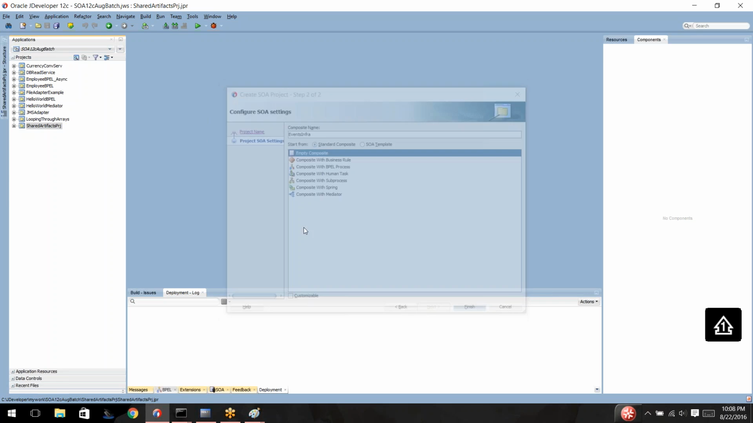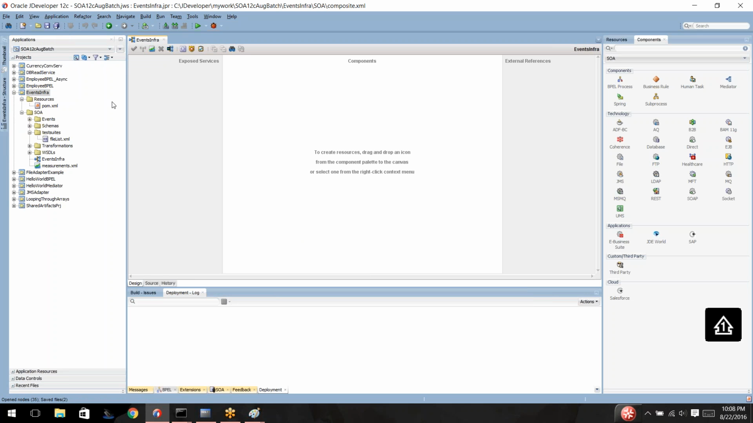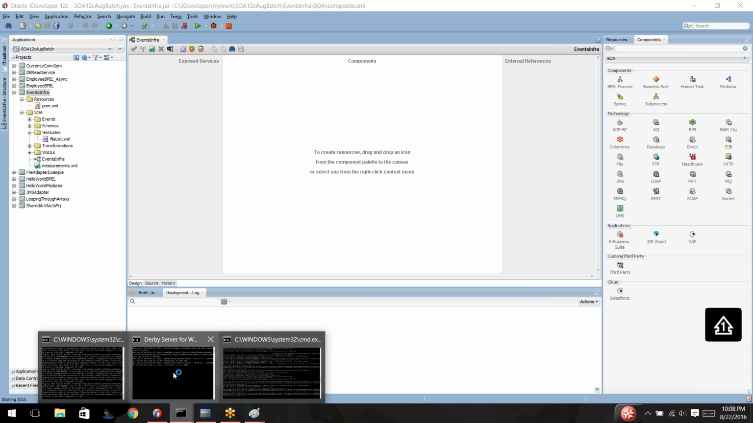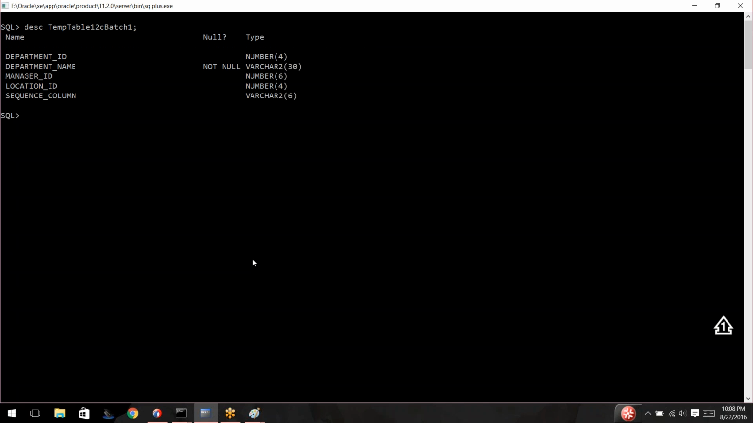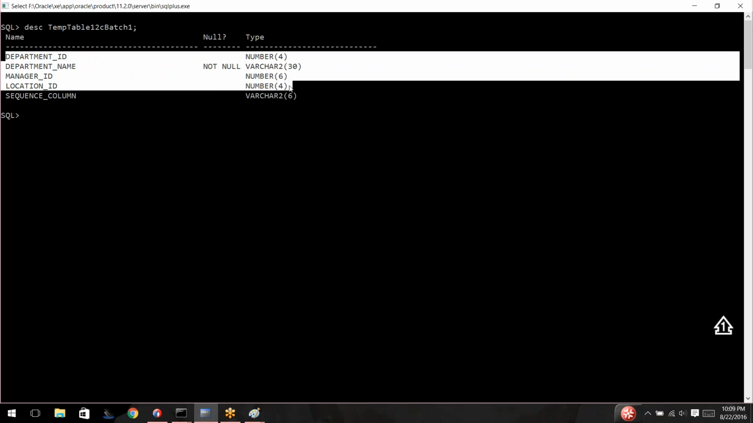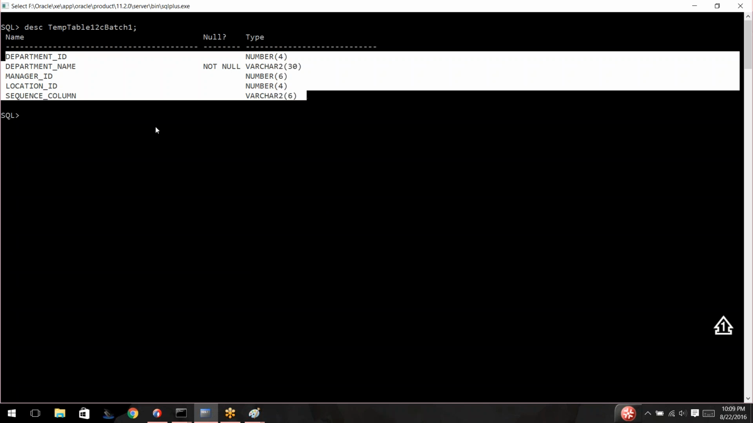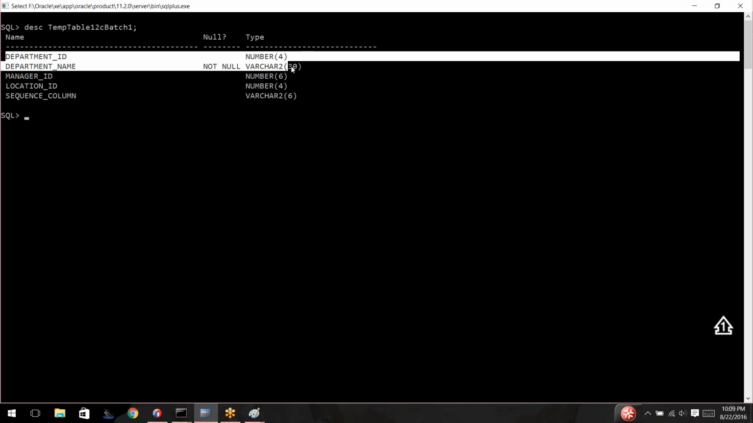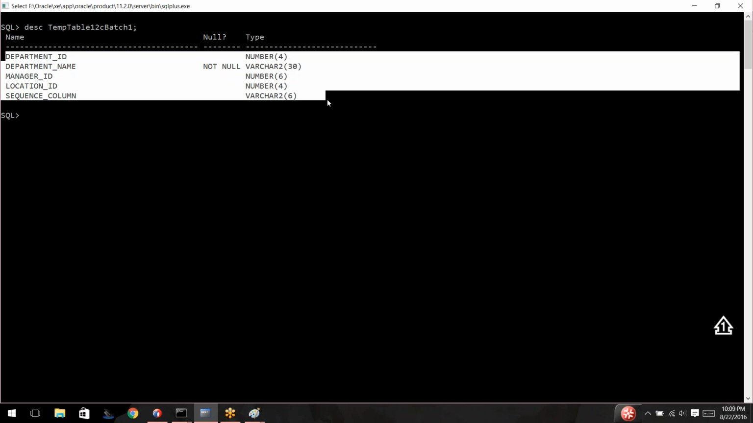I will say events infra and then empty composite. So today what we will do is I have created a temporary table, which I copied from departments. I don't want to waste time. Whenever a new record is created in this table, I will fire an event called, say, new department event. All the subscribers for the new department event would automatically